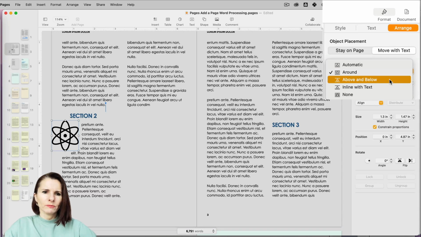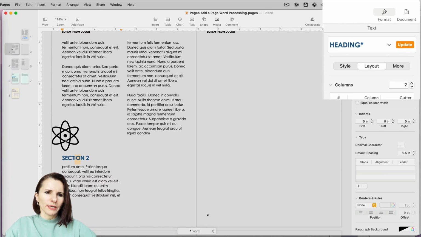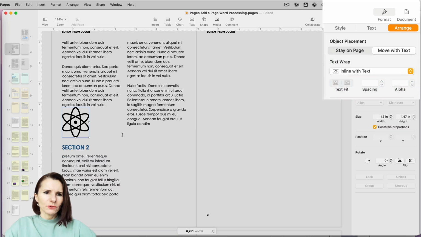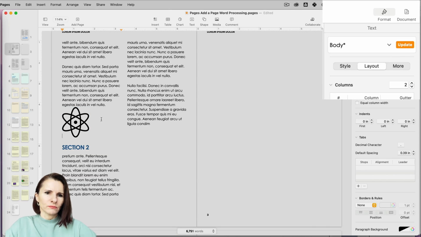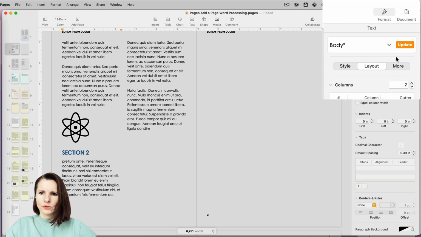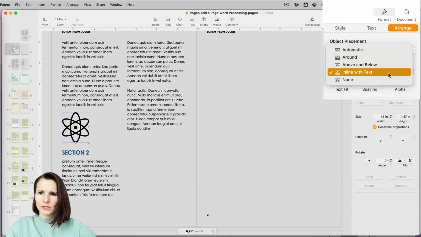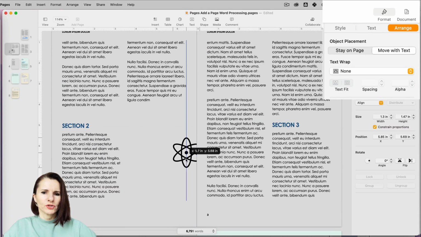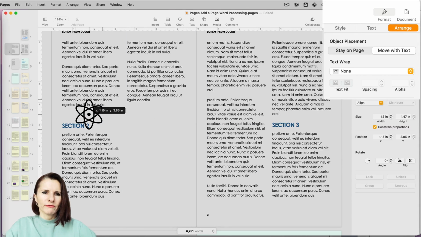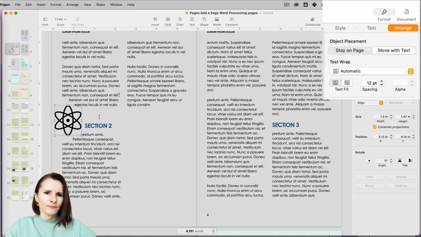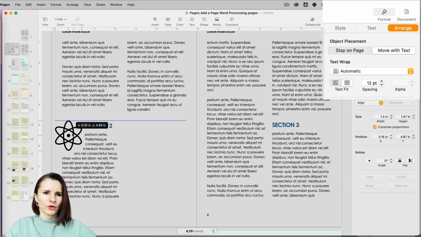You can also say Above and Below, meaning the text will not go beside the shape. It will go below or above, but it will not go around the shape. You can have Inline with Text, so it's going to be kind of like this. It's treated as text almost. It's not part of a decoration. And finally you can also click None. None means it's almost a background. It's a shape that you can move and position anywhere you like and it's not going to affect anything on your document. So let's say I'm going to select Automatic, and I'm going to position it here,